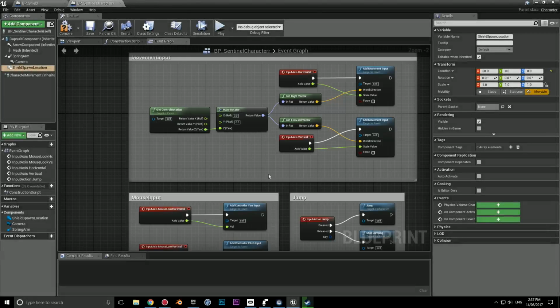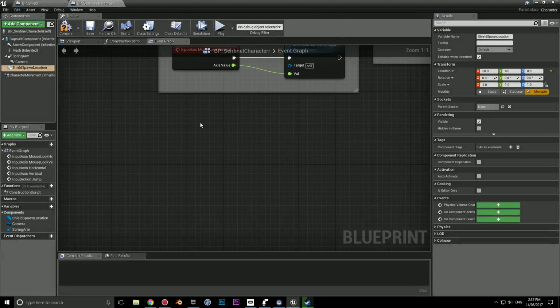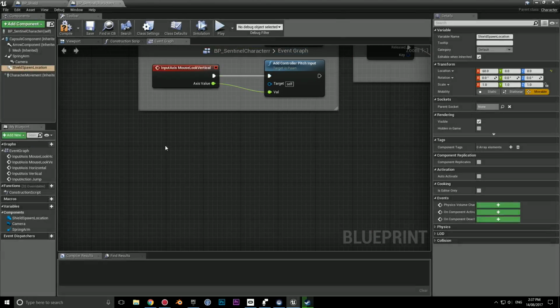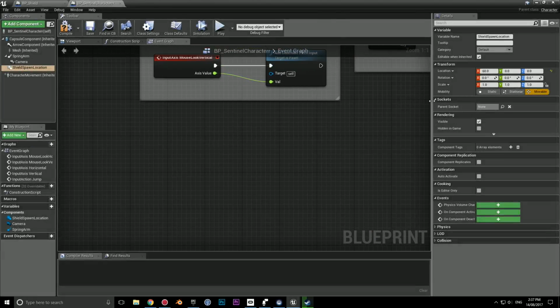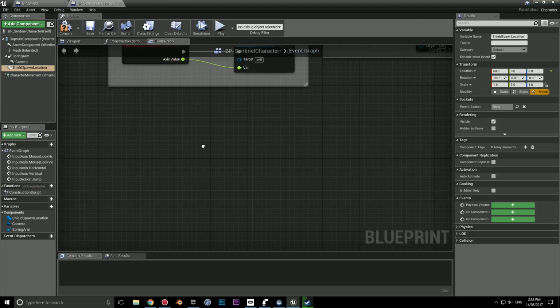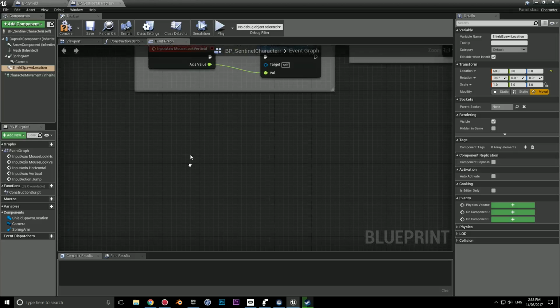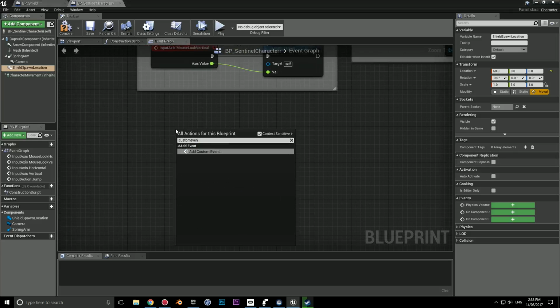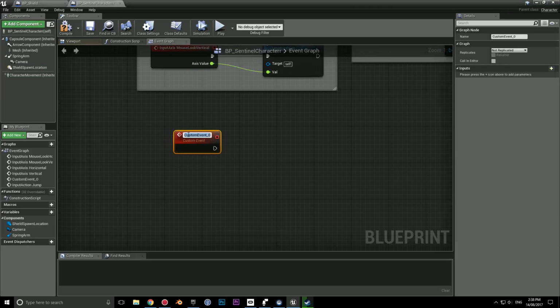Go to the event graph, and down here we're going to set up the ultimate ability. So we're going to create an event for future episodes if we have other projectile ultimates, and you'll see what these are. They're pretty much functions, but in the function we can't have a delay node, so we're going to create an event here. So create a custom event by right clicking and typing custom event. This will be the projectile ultimate,